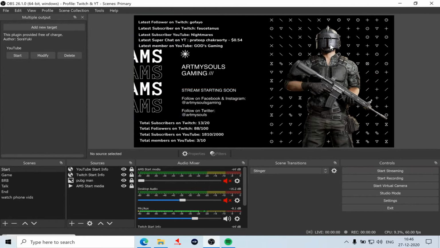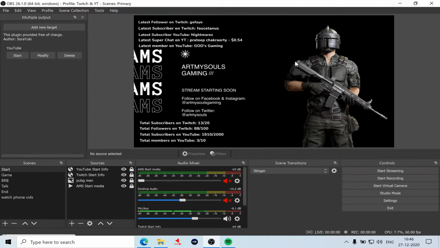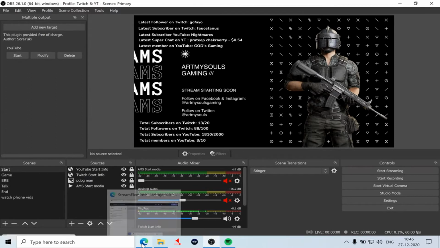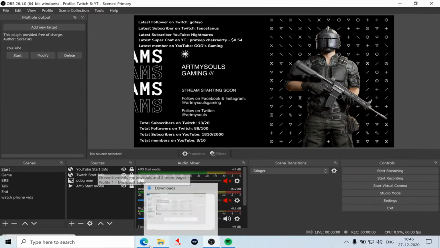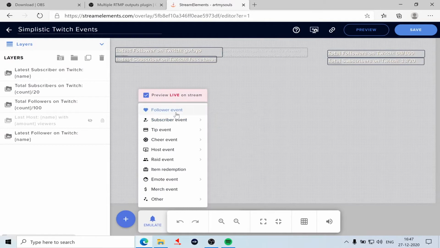You would 100% need a lot of trial and error. You'll have to check whether the overlay is placed perfectly or not. You can easily test that by going to this tool here, where you have the option of emulating. If I'm emulating a follower event, let's say one follower event, I'll see this option reflected here also.